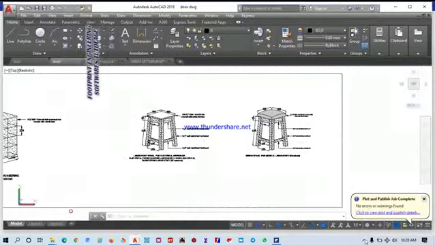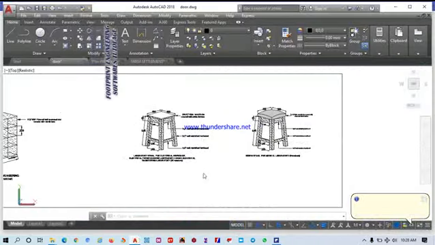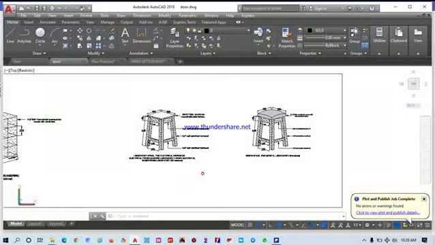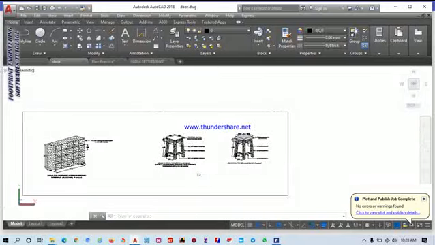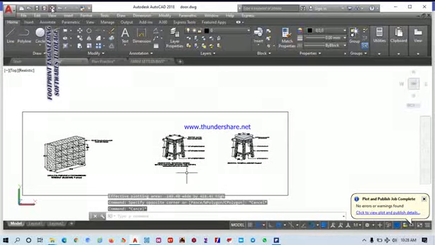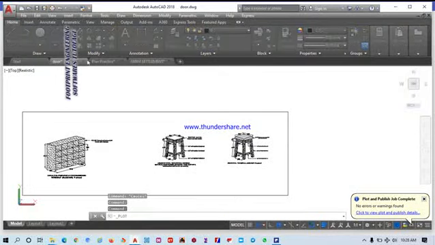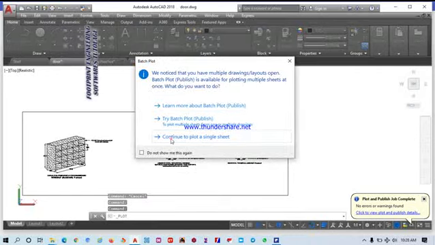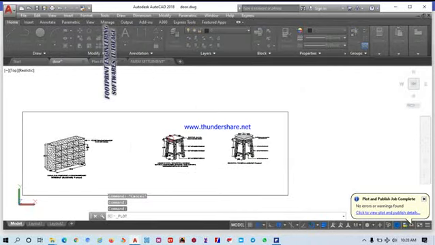plot on AutoCAD. So you want to plot on AutoCAD, it's the same procedure. Just go to this icon, or you press Ctrl P, or you go to File. Then you come over here. Okay, you click on Continue. So once the page pops up,